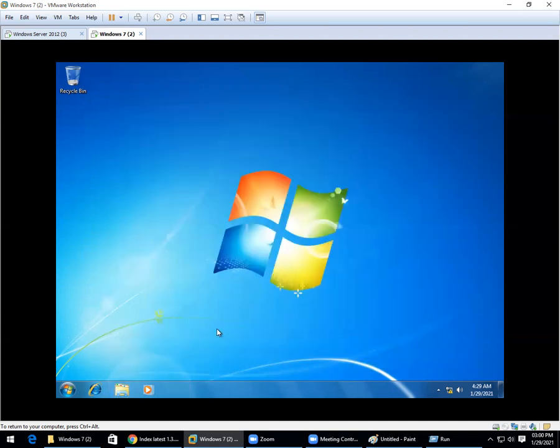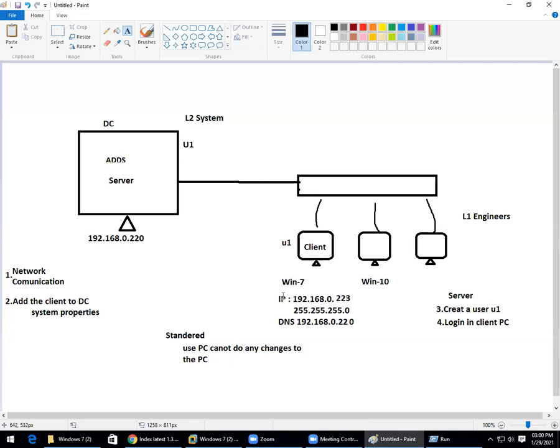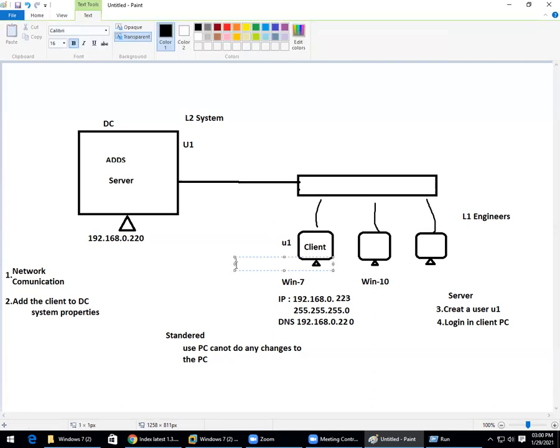That means administrator password. So with this, what you have to understand is that the employee who is coming and logging into the computer can only use the computer, but he cannot do any changes to the computer. Those changes will be done by the technical support engineers and the system administrators. As per the client employee or user requirement, the IT support team is accountable to give required applications to the user. That means to deploy the required applications to the user. And for any changes, any support, this team only will come and do the changes. Done.